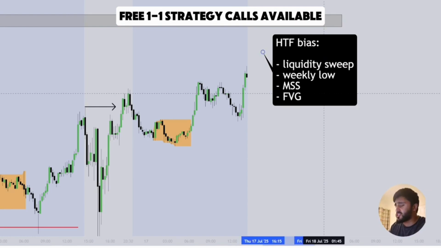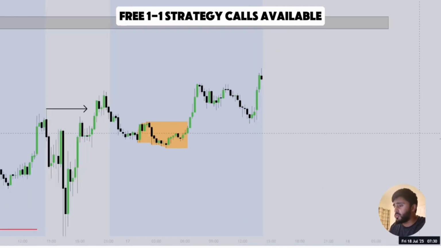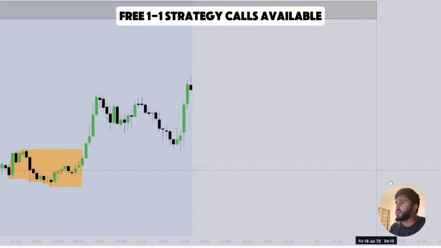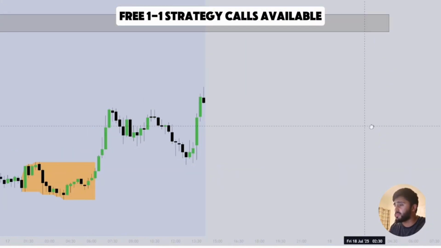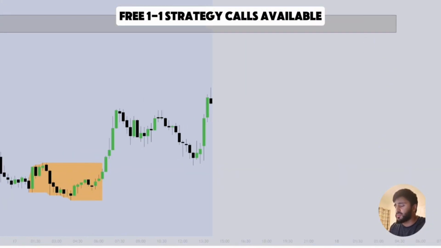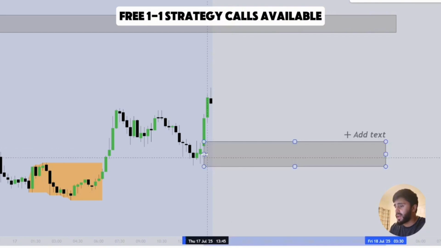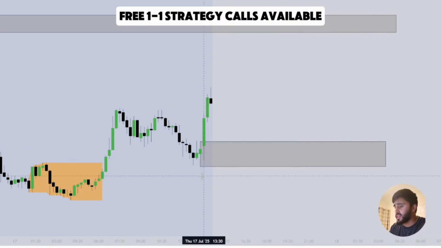So when we go into Thursday's actual trade, what I like to do is mark out what we call local fair value gaps. It's really that simple. Trading is really simple. You are trading from key level to key level. That's all you're doing. So if we study how this fair value gap panned out, this fair value gap was created at 8:30 a.m. Eastern. So we want to understand what was going on.